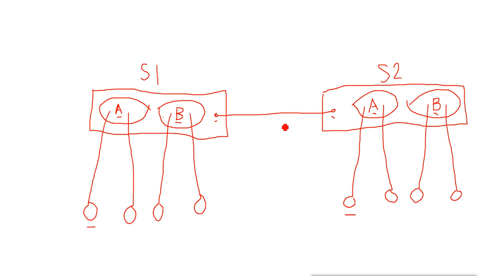This is one reason. The other reason is this: when you connect these two switches, let's assume, though it will not happen, that this machine sends data for this machine and the data goes to this port. It will not go, but suppose it goes to this port, and then it will exit from here.